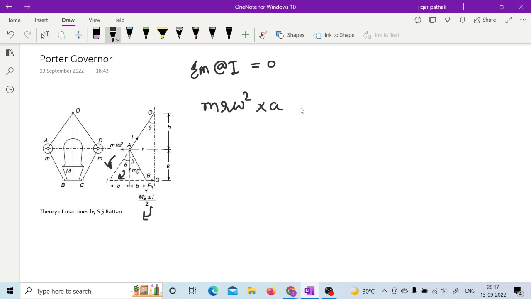So you can equate them: anti-clockwise will be equal to clockwise, which is nothing but sigma of moment about I is equal to 0. The mg has the distance c, and the mg plus or minus f by 2 will have the distance c plus b,